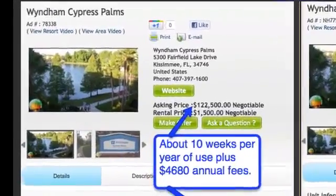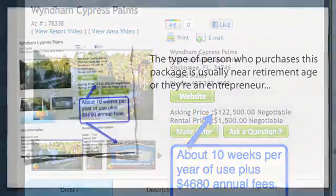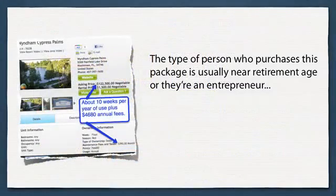The first offer is for $122,500, which equates to about 10 weeks or so of usage each year, and it carries an annual maintenance fee of $4,680. Now, the type of person who purchases this package is usually near retirement age, or they're an entrepreneur who